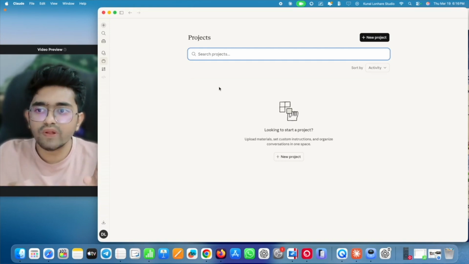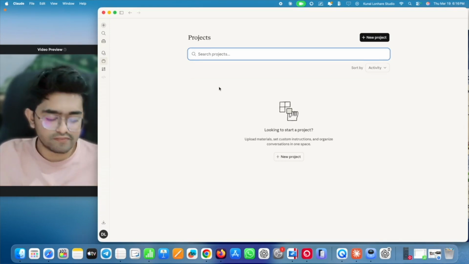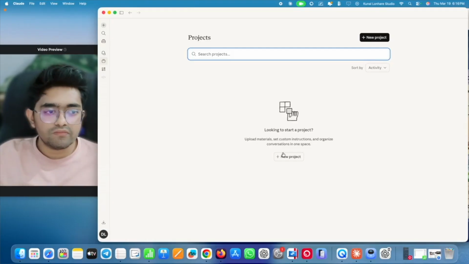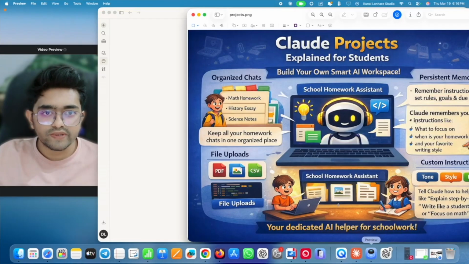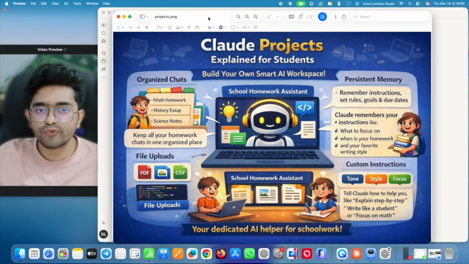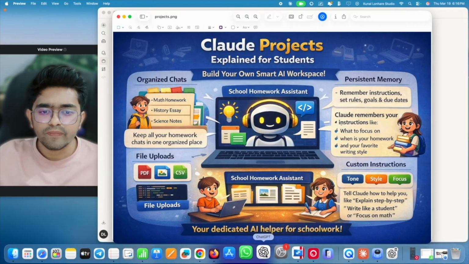Okay, so that is the projects. Now by default, if you look here, a project simply means that it's like your workspace. Okay, so if you are not sure, in ChatGPT, if you open your ChatGPT,